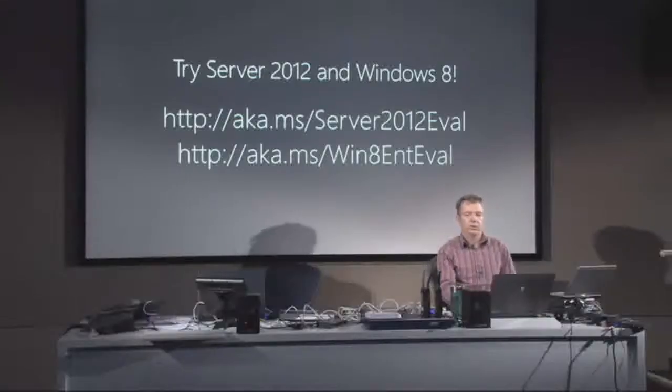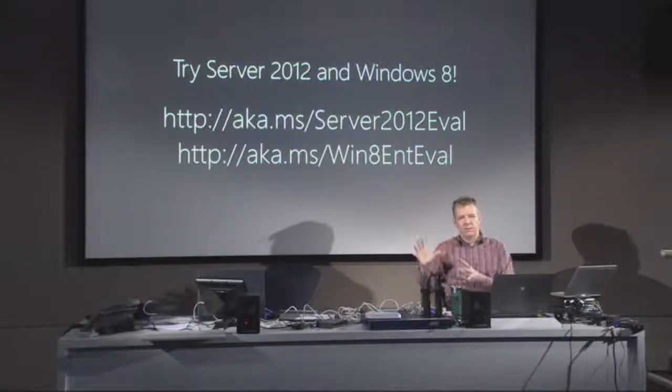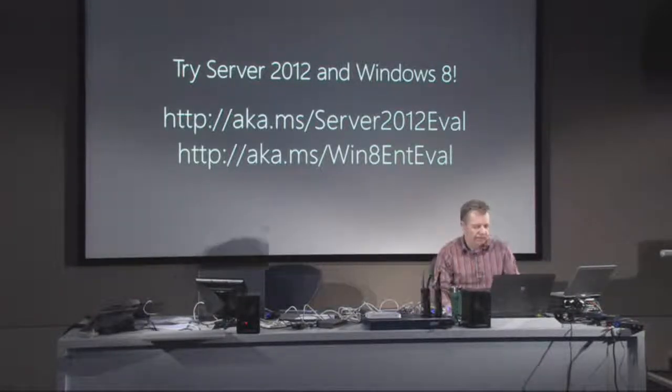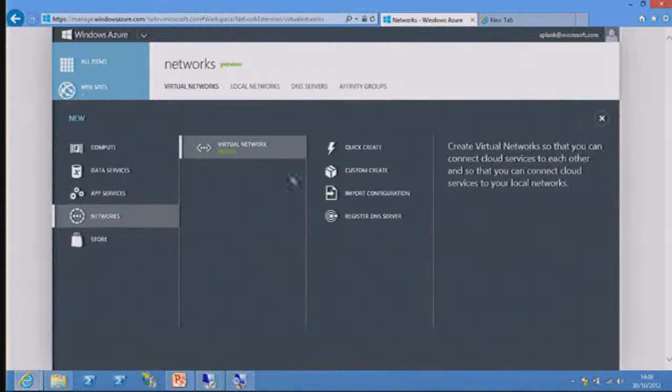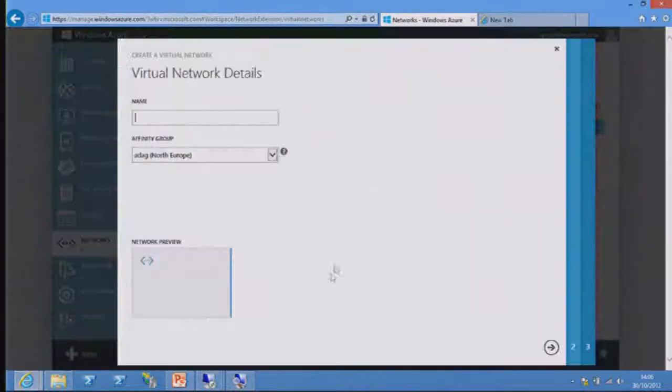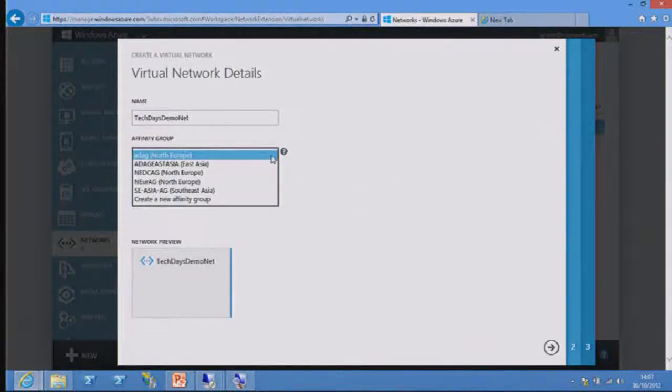Right, let's carry on with where we were. So we've talked about virtual networks. I just want to actually show you how to create a virtual network. It's actually a fairly simple thing to do. If I go into networks, and I say new virtual network, custom create, I give this a name, so I'll call this TechDays Demo Net. I could deploy it into an